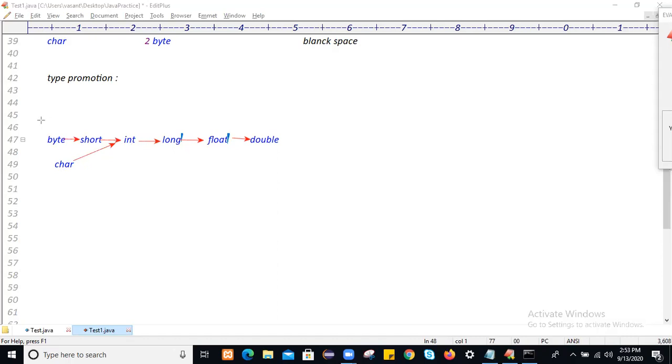This is called auto upcasting when you go from left to right. But when you want to perform conversion from right to left, this is called explicit downcasting. This is called type promotion.